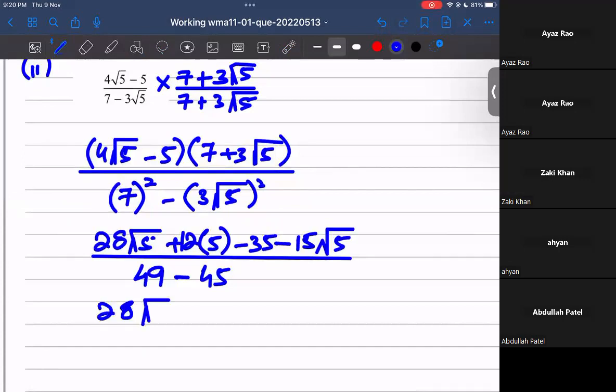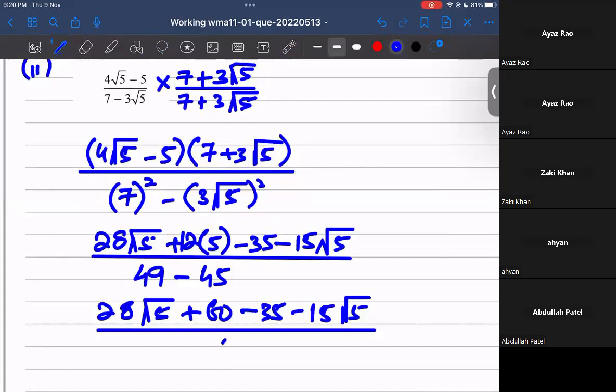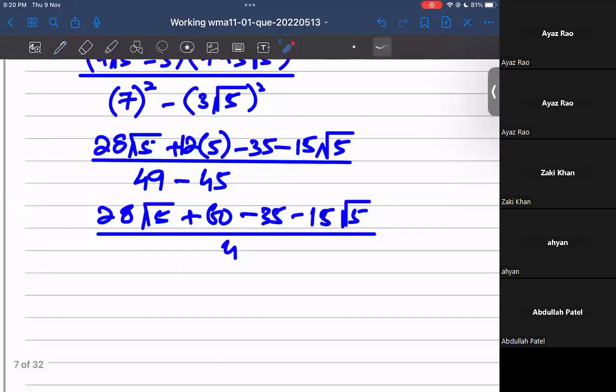12 5s are 60, minus 35, 25. Minus 15 root 5 हमारे पास आ गया आंसर. 49 minus 45 is going to be 4. Now we have the same like terms here, root 5 वाली terms. 28 minus 15 is going to be 13 root 5. 60 minus 35, it is going to be 25